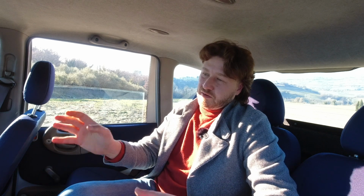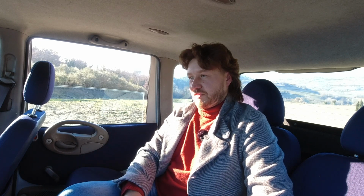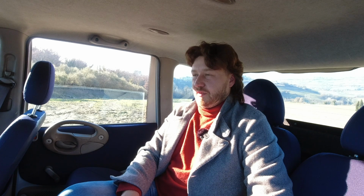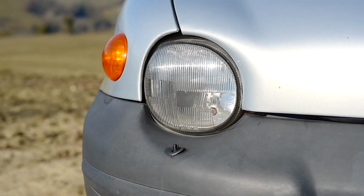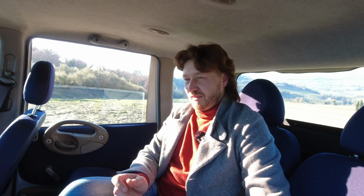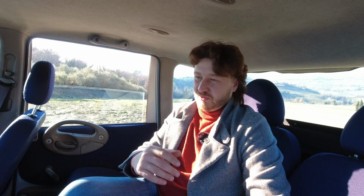And it's based on the same car that I have. The first series Multipla with this exact steering wheel, because they've changed it in 2002, and with this exterior with the gray plastic bumpers and 1.9 JTD 105 horsepower diesel. And they also found one with 300,000 something kilometers, because actually, as I already said, many